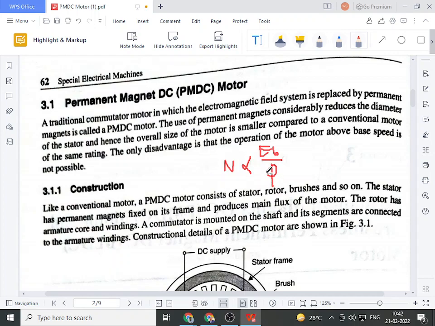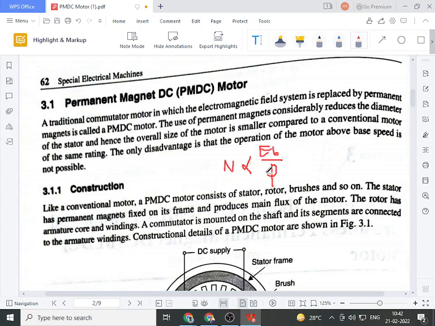So if we have to increase the speed of a motor above rated speed, we have to decrease the value of flux. It is not possible to increase flux beyond rated value because there is a certain current limit for the field winding. We cannot increase field current above that rated current, so the only way is to reduce the field current. If you recall the field control method of speed control for a DC shunt motor, we use a variable rheostat in the field circuit, and by using it we can decrease the magnitude of flux. So if a field winding exists, then and only then is above rated speed control possible.